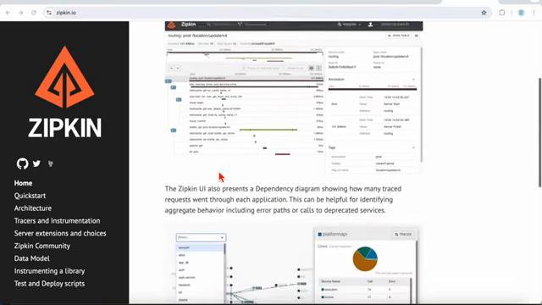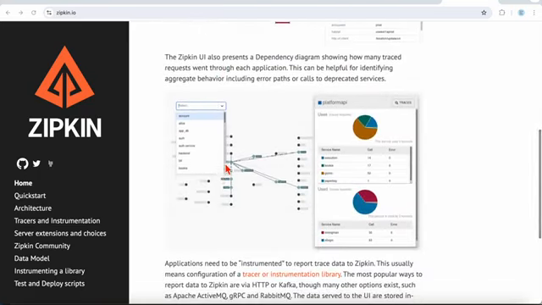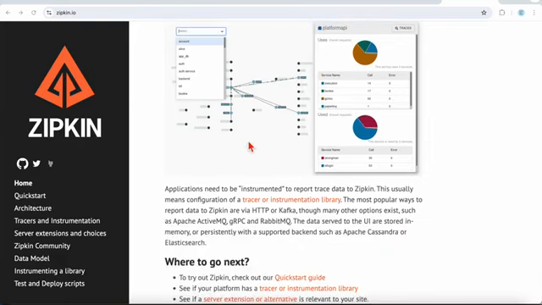Apart from this, it will provide a dependency diagram. This will show you how many traced requests went through each application, right? So this can be helpful for identifying aggregated behavior, including error paths or calls to deprecated services. Basically, to work with this,